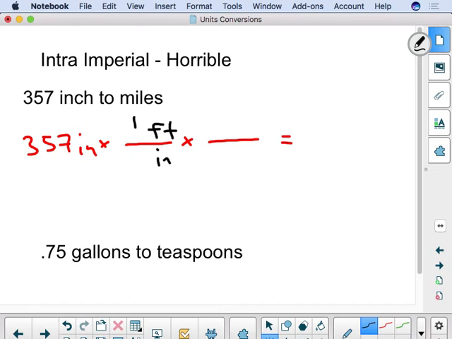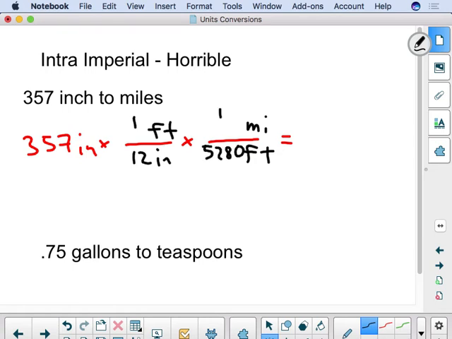Okay. So 1 foot for every 12 inches. Now I've got it in feet. What unit am I going to put in the denominator here? Feet. What unit am I going to put in the numerator? Miles. And then some nerds in the audience happen to know that is